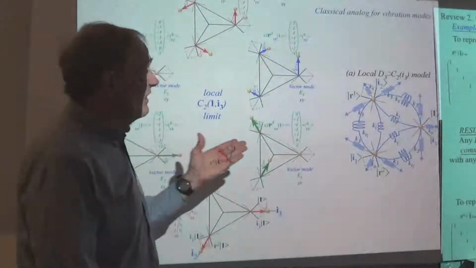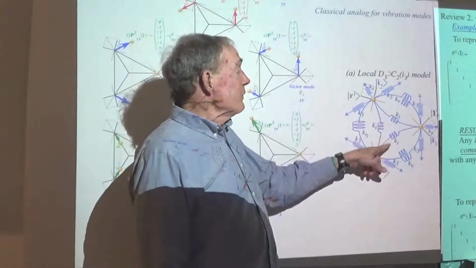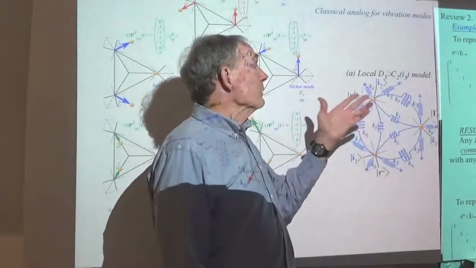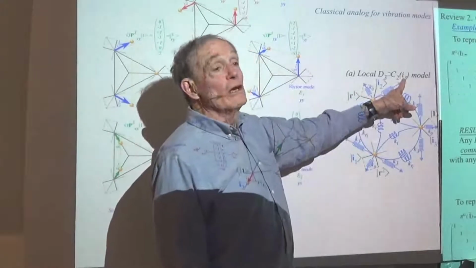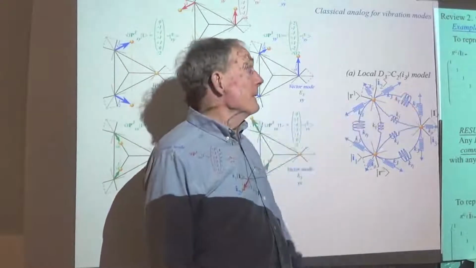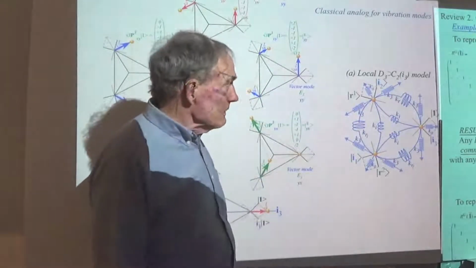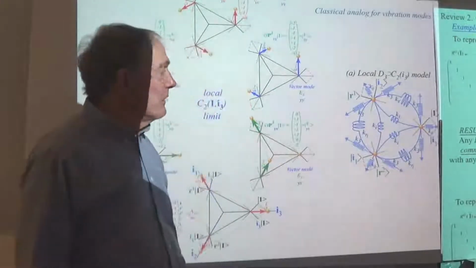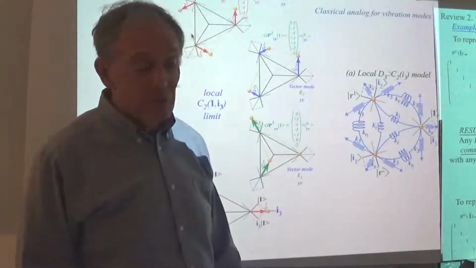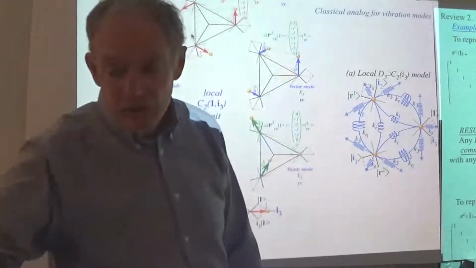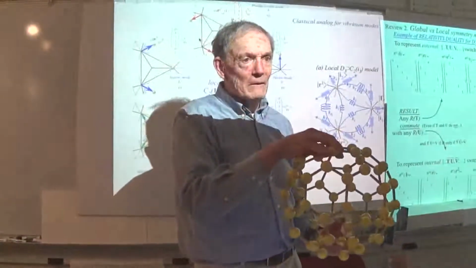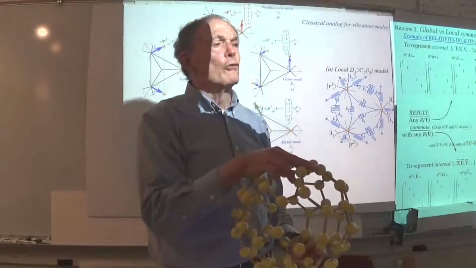What it does is suggest that the way to handle force fields is to imagine springs that are curved. And you can make some springs that will make sure that the I3 symmetry is a symmetry, internally as well as externally. So we haven't explored this very much, but there's a possibility that this might be a better way to fit the vibrational frequencies of some pretty squirrely molecules, not the least of which is our old friend right here. Okay. So just putting springs directly from atom to atom